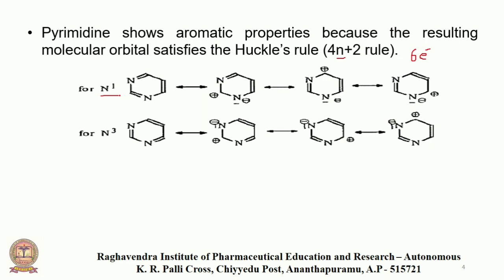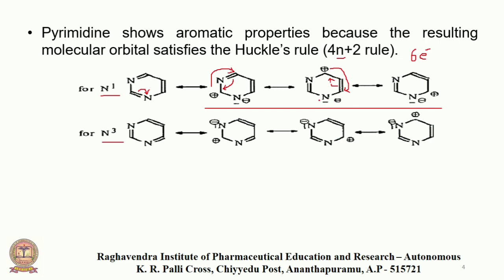Now if you look from the side of N1 and N3 at the delocalization of electrons, these are the different resonance structures that result. Considering this nitrogen atom as 1, if the electrons move towards the nitrogen atom, the negative charge is possessed by the nitrogen, and this carbon atom gets the positive charge, as shown here. To move this charge, these electrons move to this place and make a bond, and the positive charge moves to this position. Then the bond moves to this position and the positive charge moves to the next position.